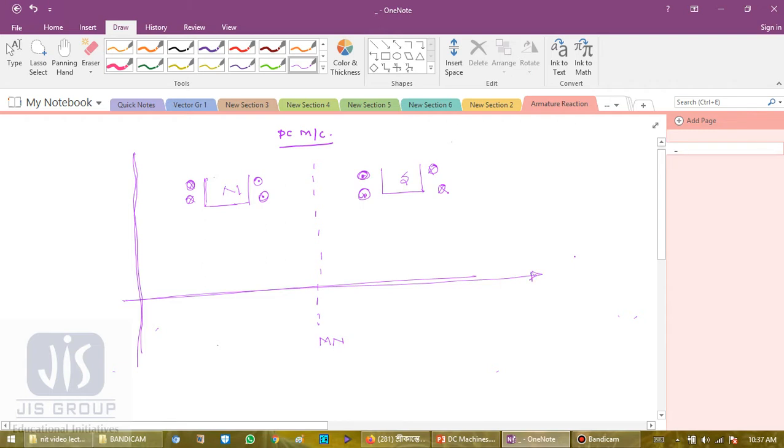This is the direction of rotation for the machine. Okay, this is the magnetic neutral axis, this is the magnetic neutral axis. Okay, now